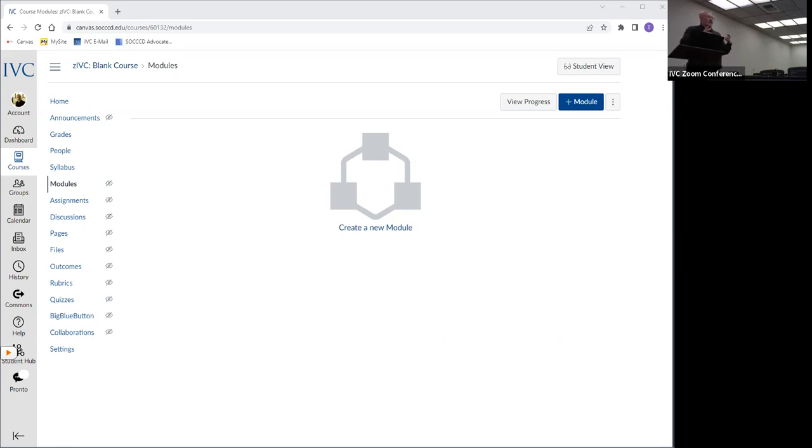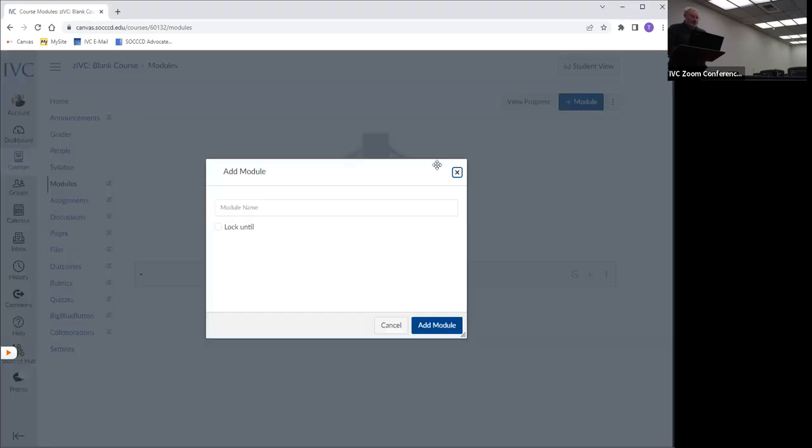The term module is simply a grouping. So don't worry about the term. You figure out what makes sense for you in your class. So to create a module, it's not hard at all. Simply go in and you set a module name. Personally, I like to have a course overview